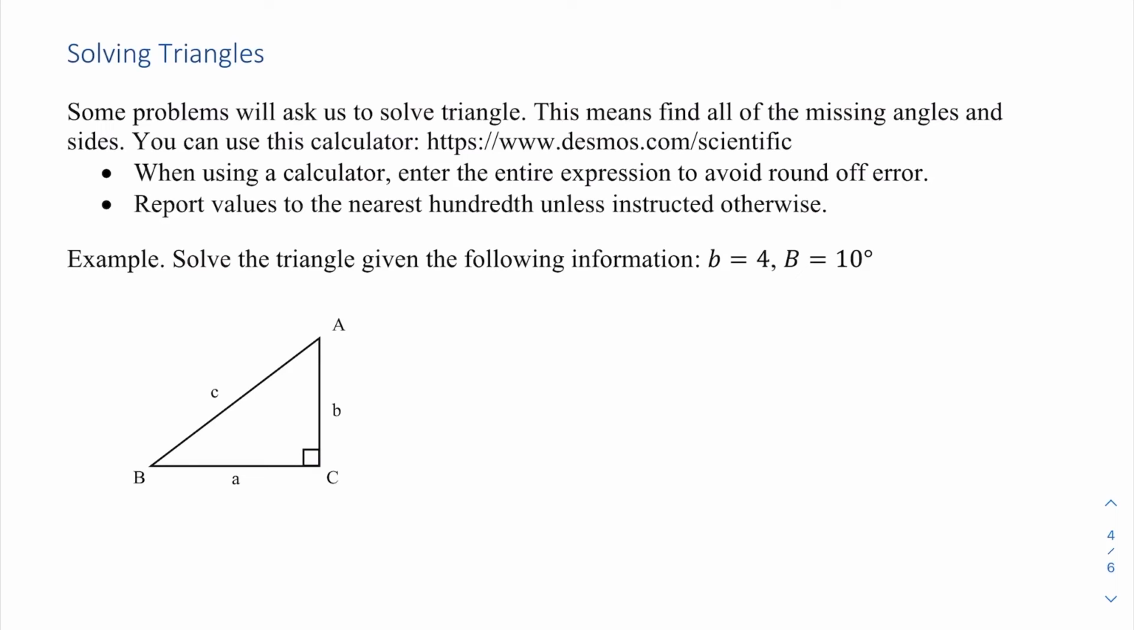Solving triangles. So some problems will ask us to solve a triangle. This means find all of the missing angles and sides. We're going to need some type of scientific calculator, and you can use the Desmos scientific calculator if you'd like at that website,